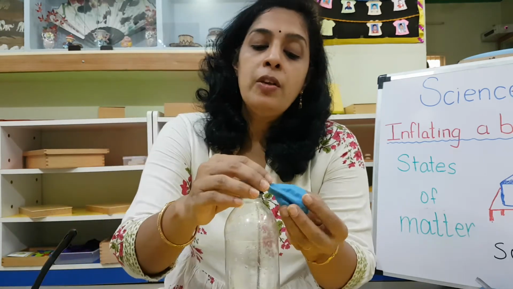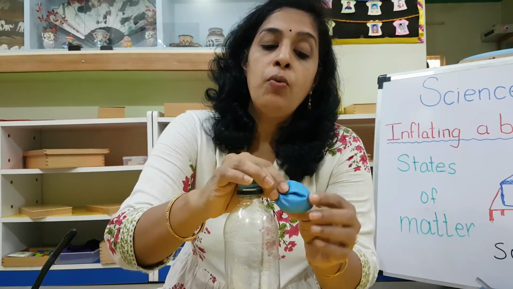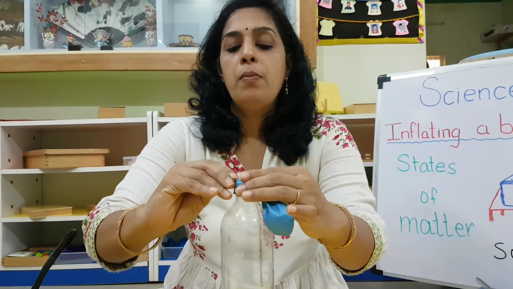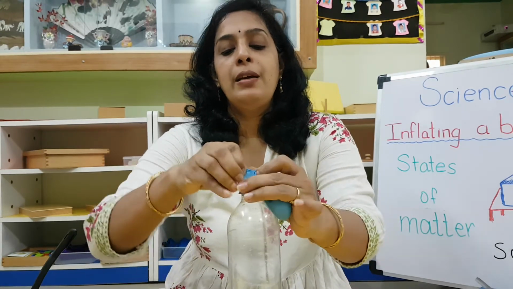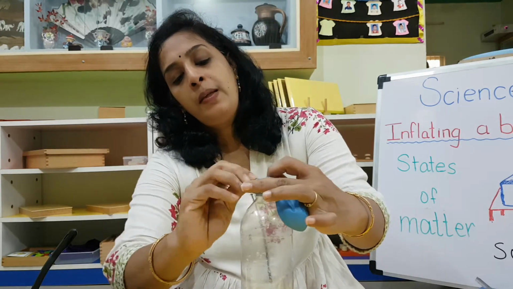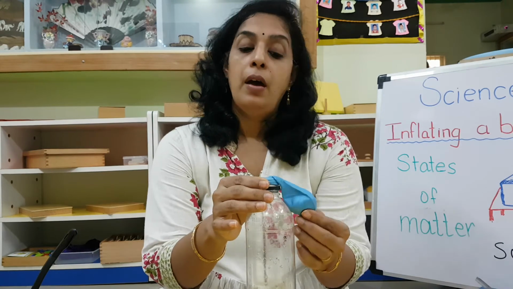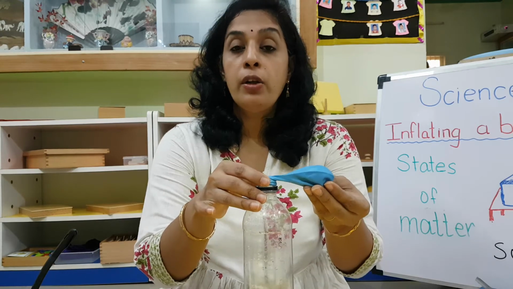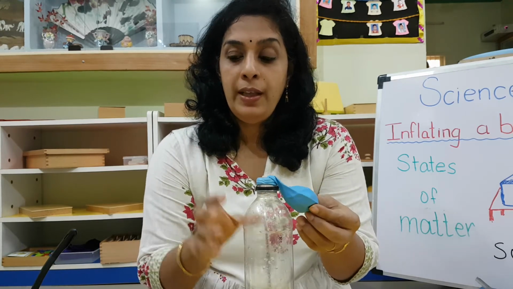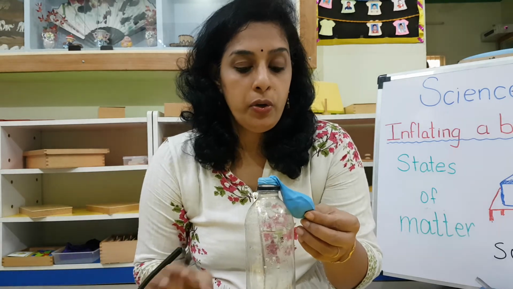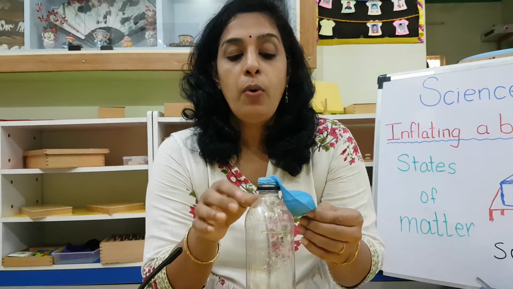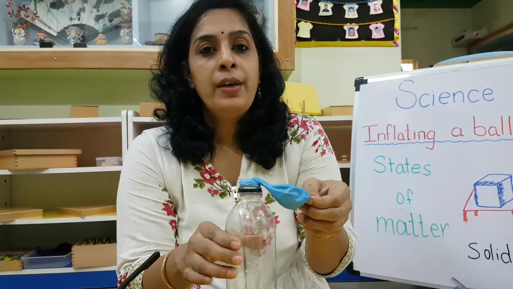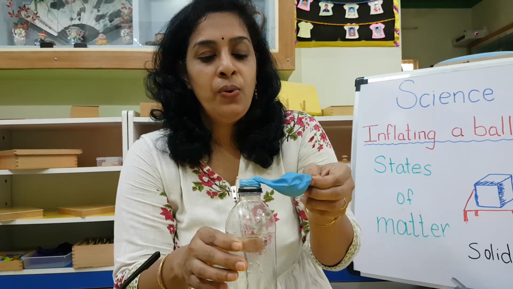Now I am going to put this soda powder into the vinegar. It is inside here, full of soda powder. I just make sure that it is sitting tightly so that it doesn't come off. I am ready. I am at 1 2 3. I am going to upturn this balloon and all the baking soda is going to fall into it. We'll see what happens. Sound you may not be able to hear because it is closed. Okay, I'm going to hold the tip of the balloon here. Okay, you can say it with me. 1 2 3.